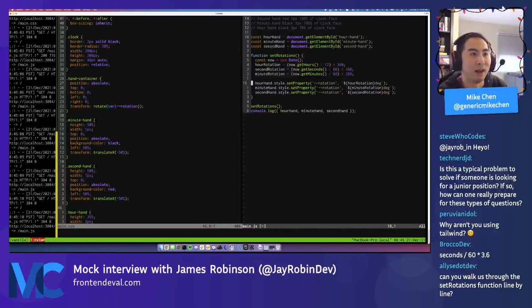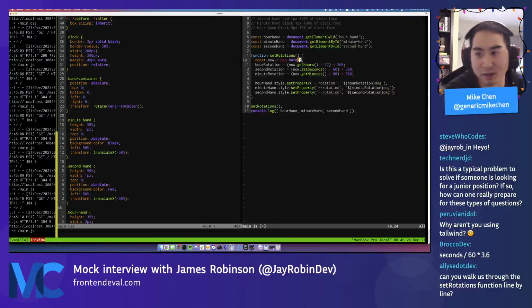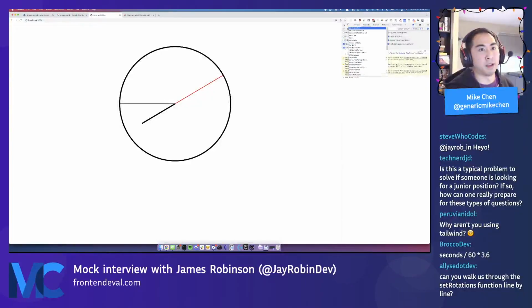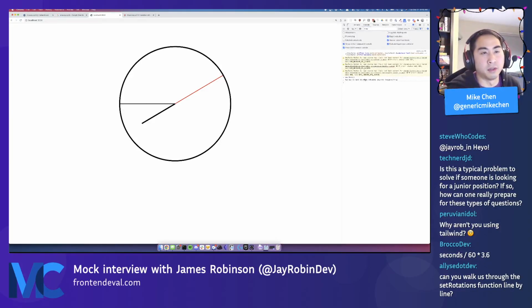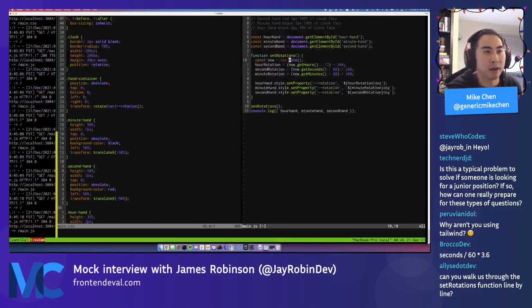Okay, I kind of glossed over this. So new now is basically the current time. If I do current time in here, you'll see that it's set to 8:45 Pacific. So that creates a date object, and that is set to the current time. And then